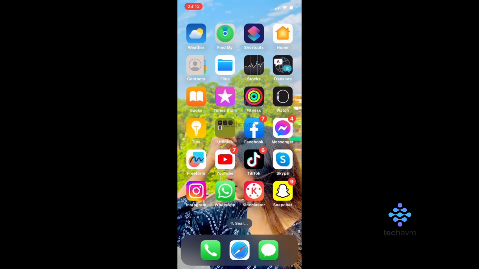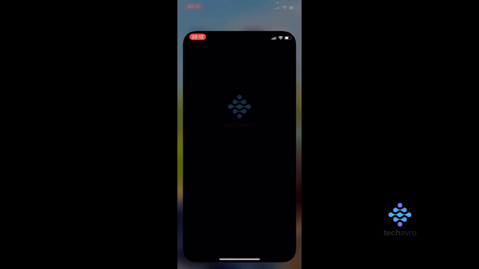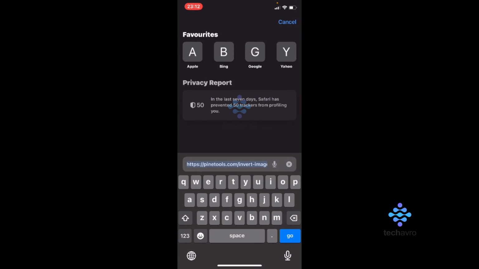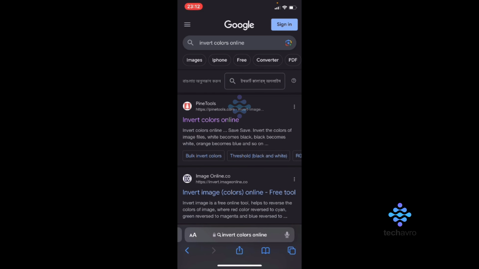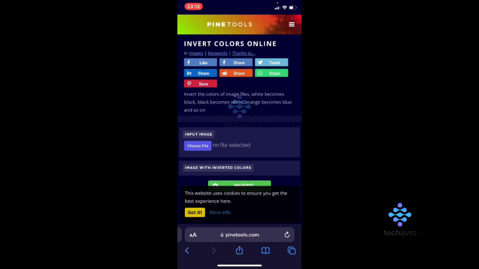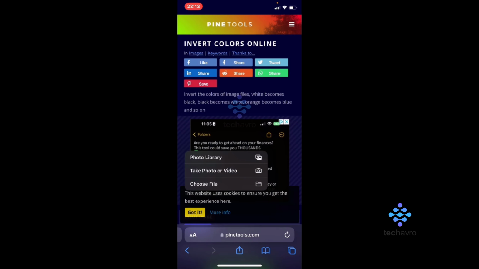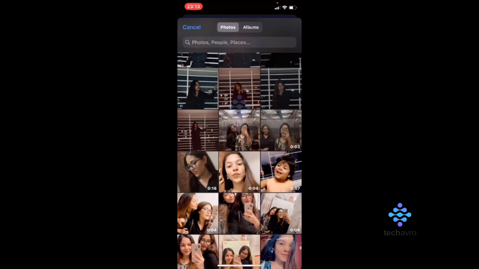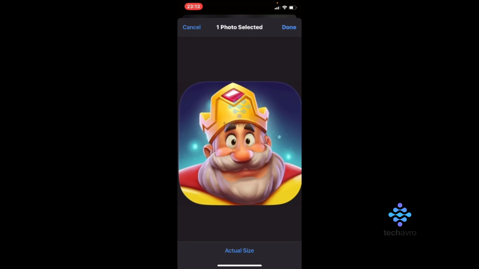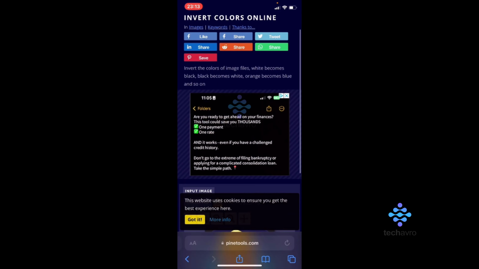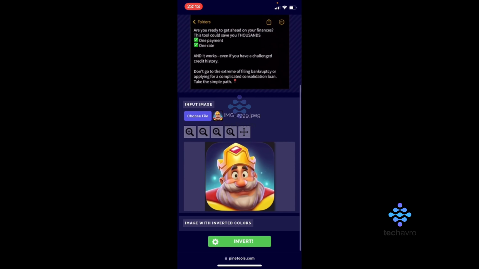So today I'm going to show you how you can make a picture negative on iPhone. So go to Safari, type invert colors online, tap on the first one. From here tap choose file, go to photo library, and from here pick a picture, tap done and tap invert,